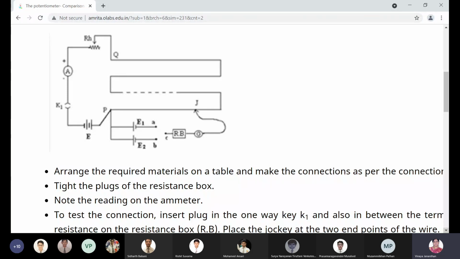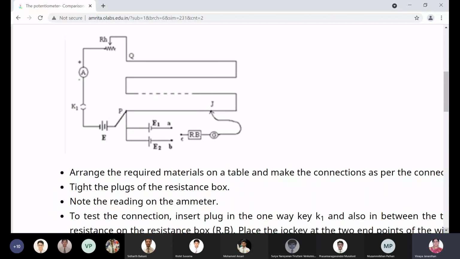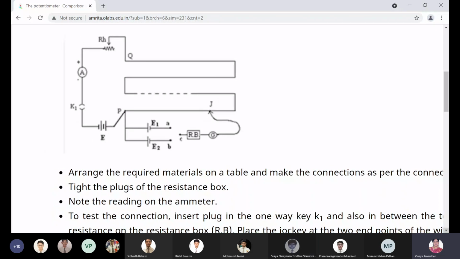Looking at this diagram, can someone tell me what is the apparatus required? Just look at the diagram and tell. One person can tell. Maheshwar, can you speak? Or Surya, can you speak? Look at the diagram. Just see what is there. So what are the apparatus you can see? First, we'll start with the dry cell. Can you see capital E? Is that clear, boys? Yes, ma'am.